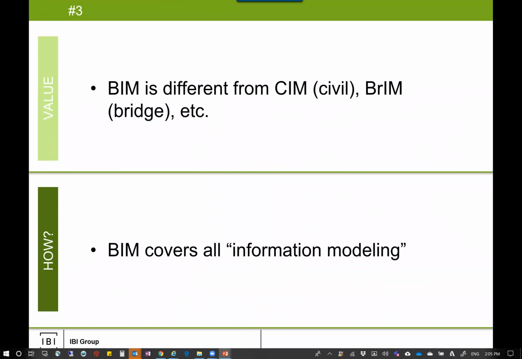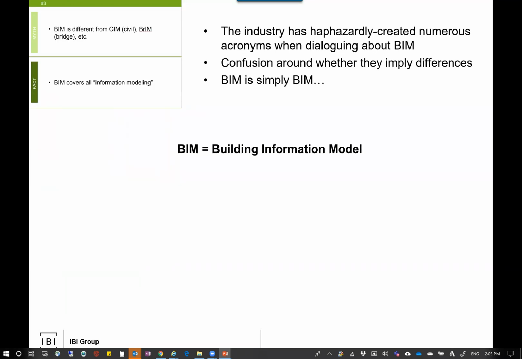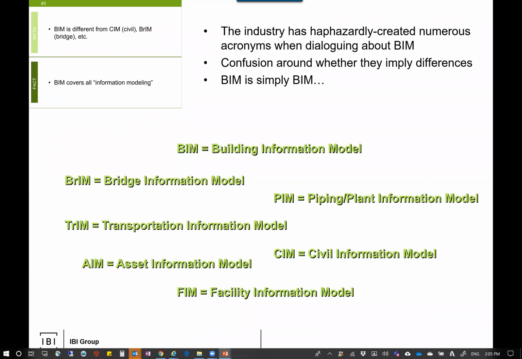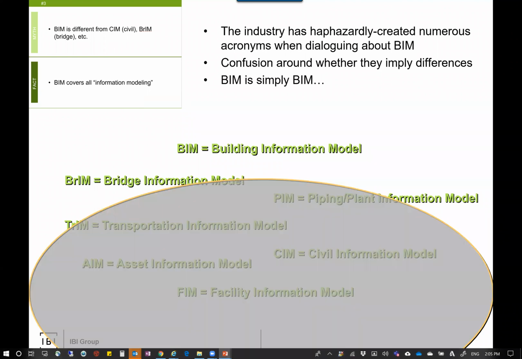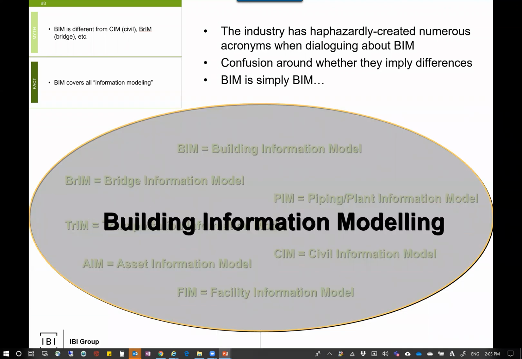BIM is different from SIM, BRIM, etc. BIM covers everything. This is what it is. Building information modeling. That's what BIM is. So the fact you will hear all of these terms, and PIM is one of my favorite: piping information model, plant information model, project information model, process information model, whatever. It's all BIM. So when you hear me talking about BIM for the next 14 weeks, BIM, the act of